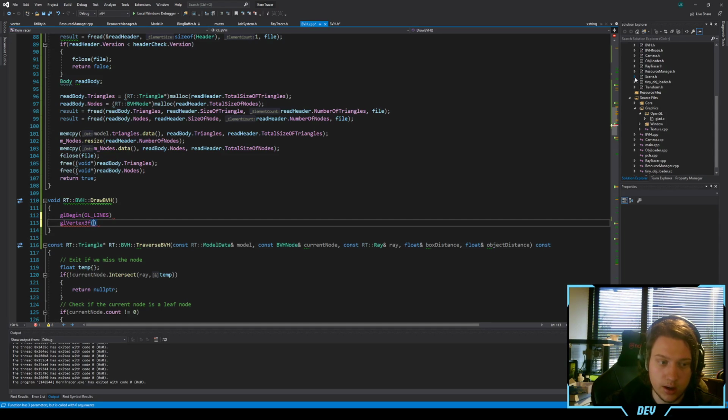So it would be m.nodes[0].bounds[0].x, bounds[0].y, z. Right, so this is one of the vertices,